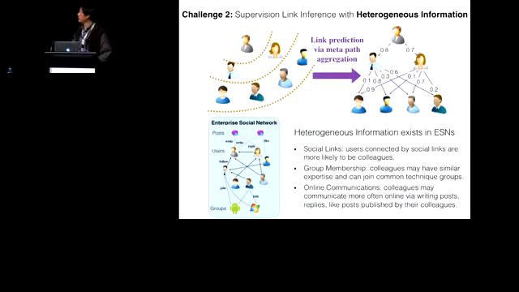But generally speaking, if people have a social link, they tend to be in the same group. So they are colleagues, maybe some of them are managers, but they are related. And for group membership, if they join the same group, it means they have similar interests, so they tend to be also in the same department, because they tend to have similar skills. They also have common interest in certain problems, so they may have more online communication among them. So those are all signals, because from a social network, you can only extract certain signals and then use them to infer the